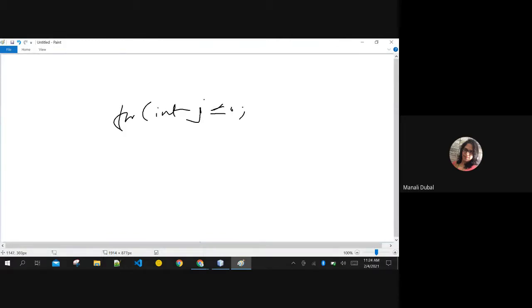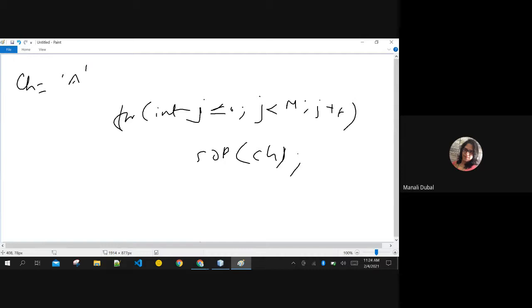You start it with 0, you run it till m, okay, and j plus plus. In SOP you print your ch, okay. Outside the loop ch equals to a, you assign it, okay, and ch plus equals to 2, you do it here itself. I did the very same way, but I was not getting the proper output. I used this way only.